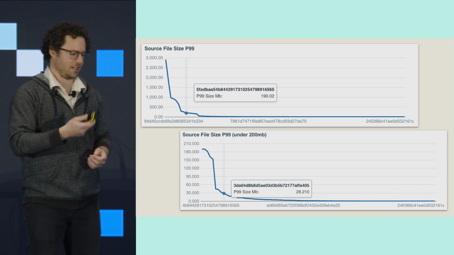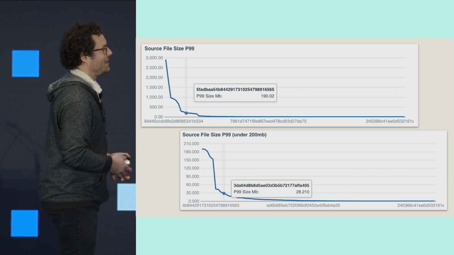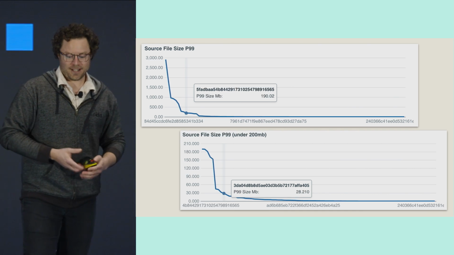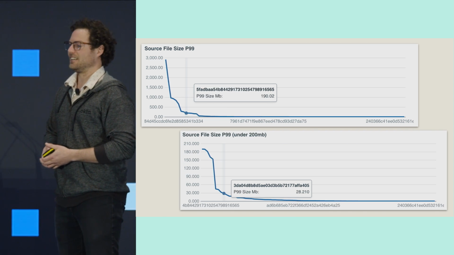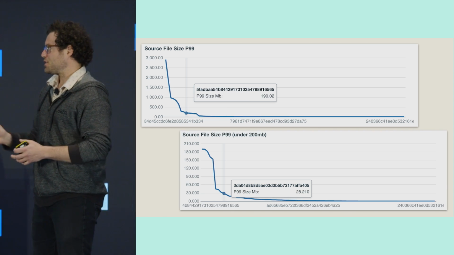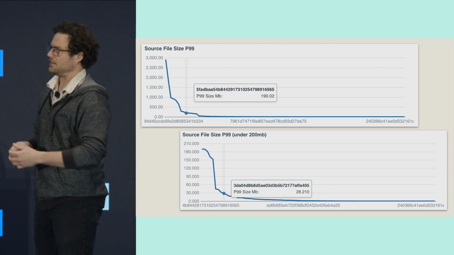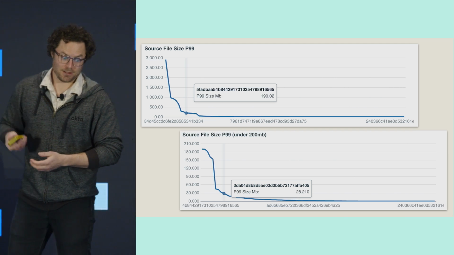And diving into the under-a-couple-hundred-megs subset, which is like 98% of these data sources, most of those files on a P99 are like 28 megs. So very realistic, lowish, medium latency buffer purging across a huge array of systems. You still have a whole bunch of small files, which is kind of interesting,